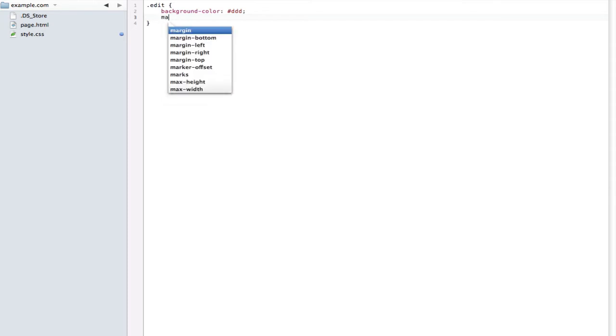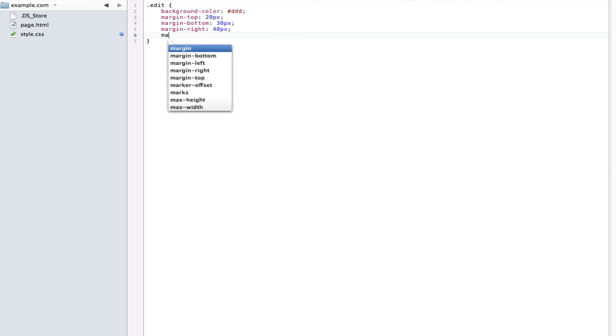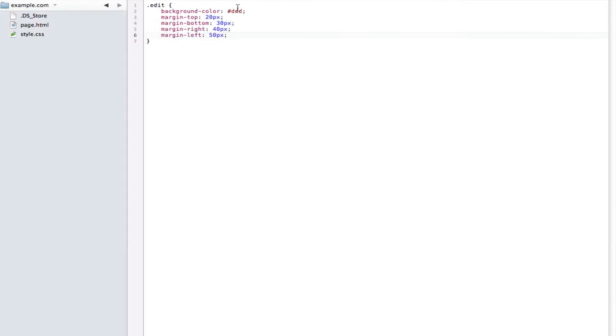So you'll type that out like so. We have margin top is 20 pixels, bottom, let's say 30 pixels. We'll set the right to 40 pixels and the left to 50 pixels. Now if we preview that, we get the example that we want,